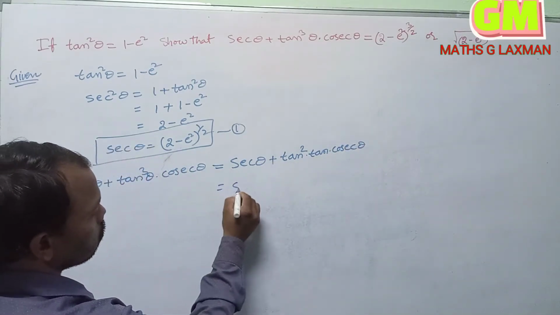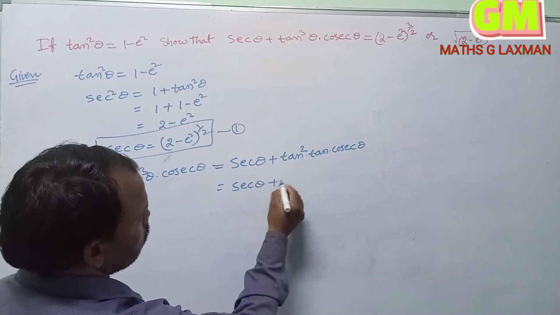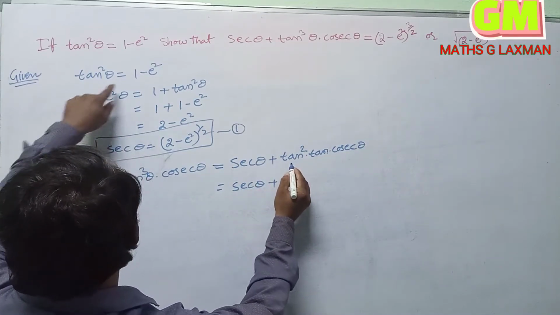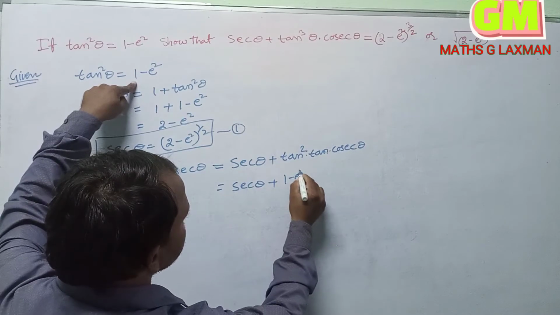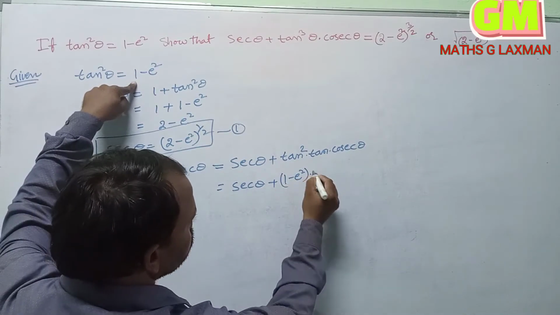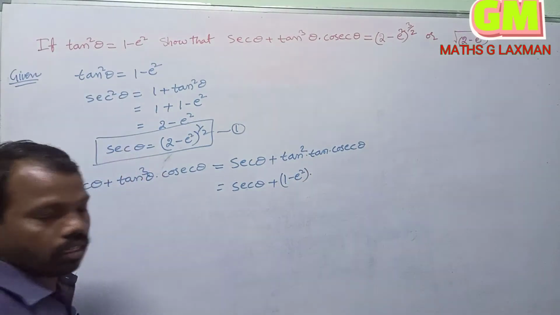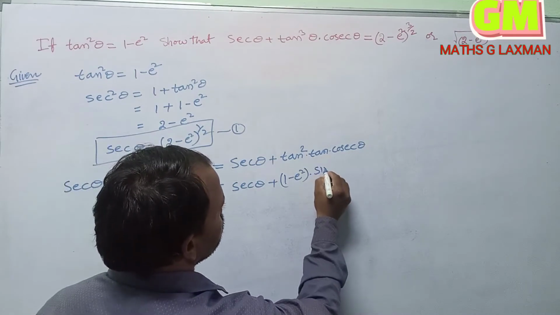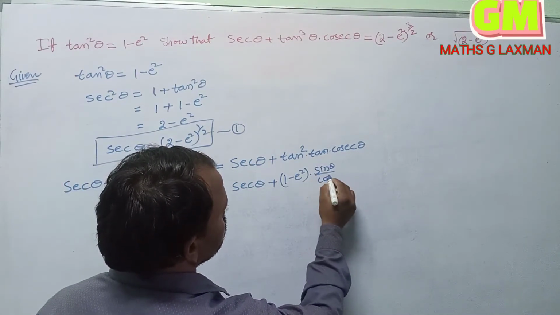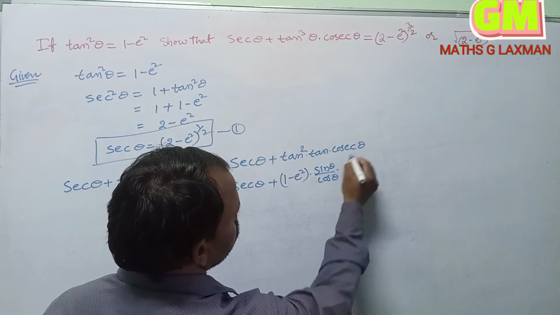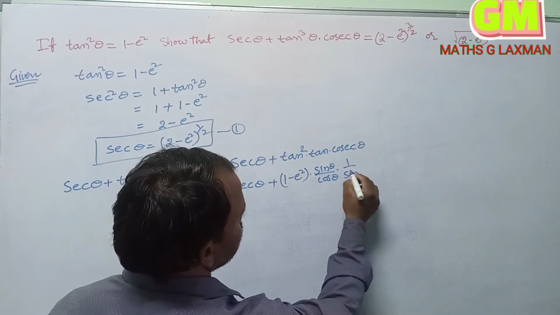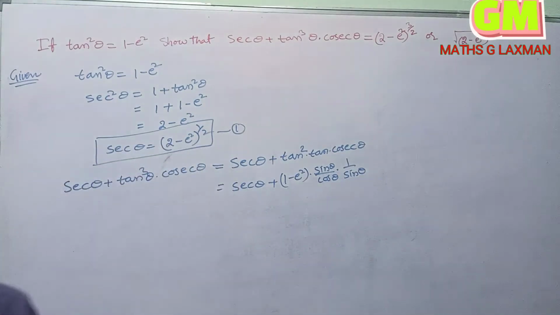So now secant theta plus tan square theta is nothing but the given equation 1 minus e square. So into, so tan theta is nothing but sin theta by cos theta into cosec theta is nothing but 1 by sin theta. So here